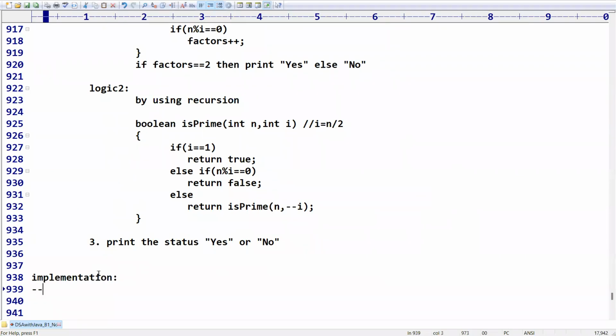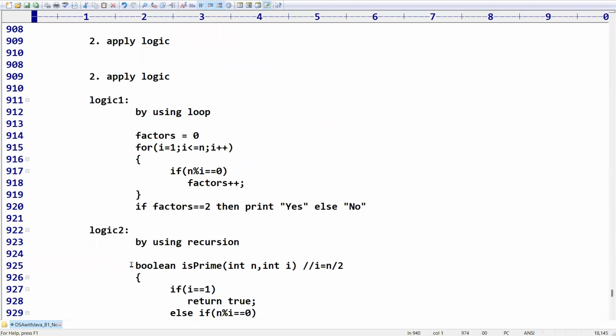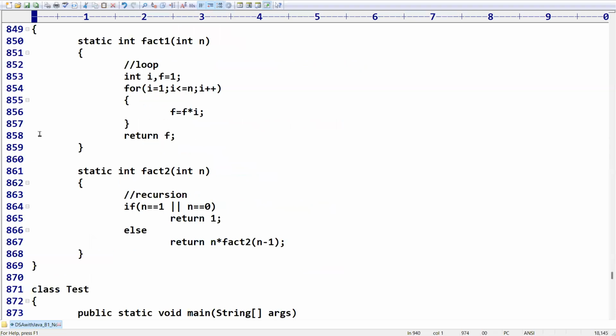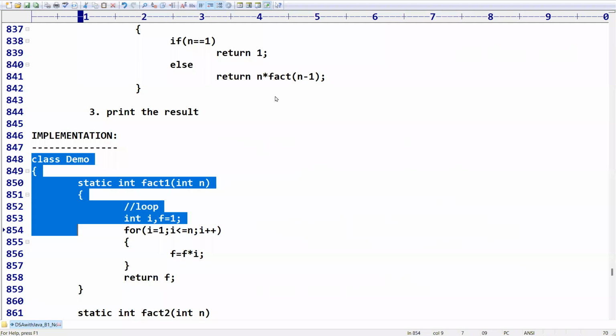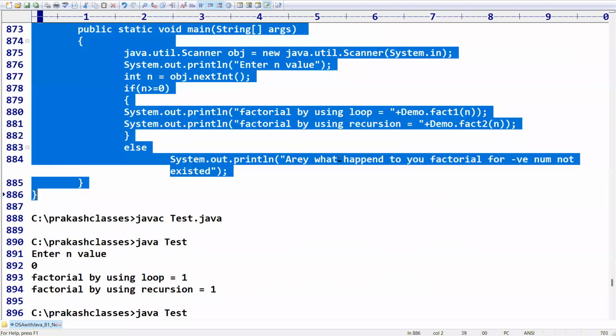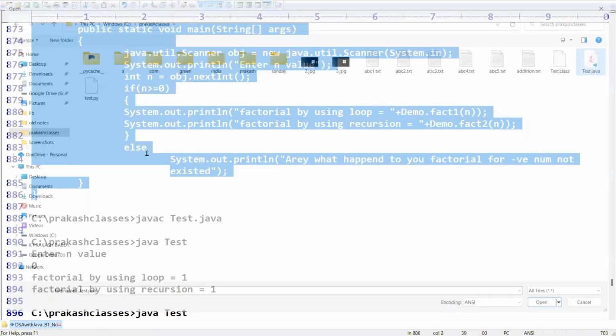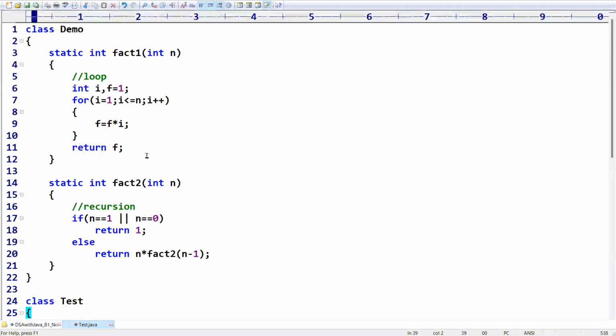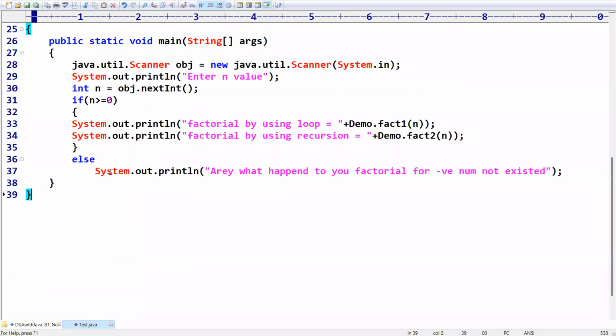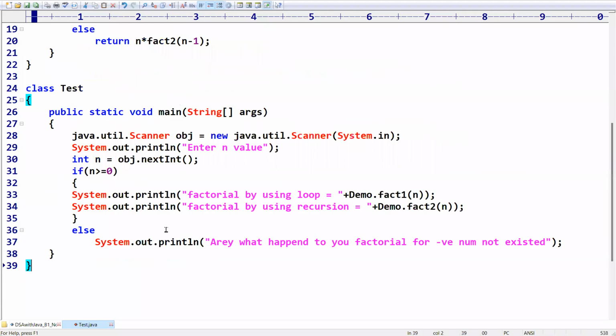How can you implement it? Sir, I'm going to take the program. Already some program is there. I will copy paste it and do the modifications in this. Yeah. Sir, now you can see. First I will read the number, enter n value. So if isPrime1 of n is true, otherwise what I can do is,